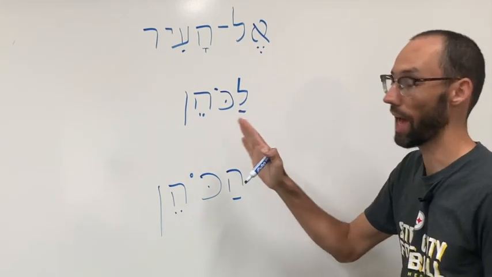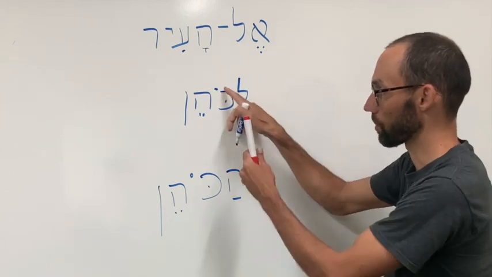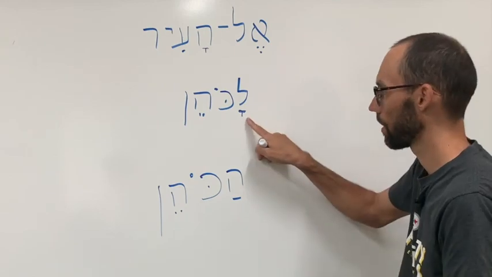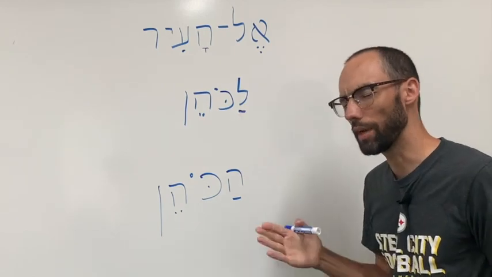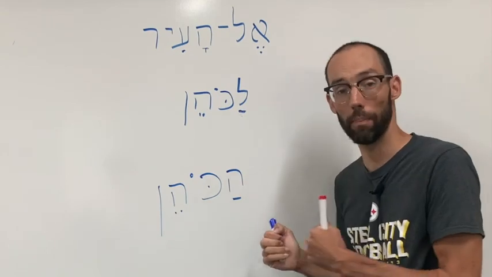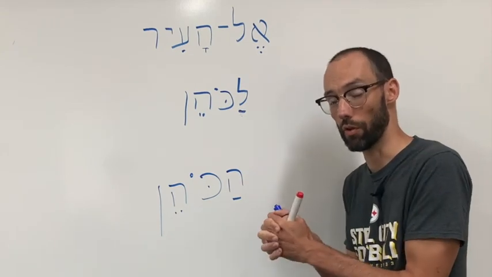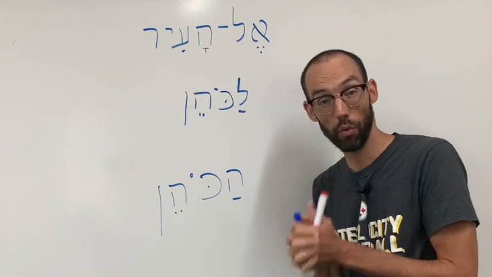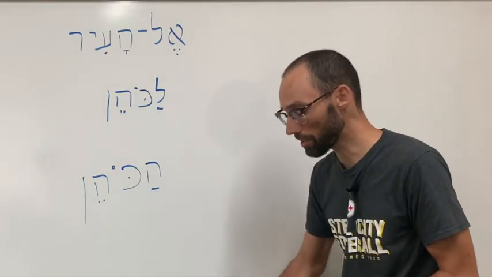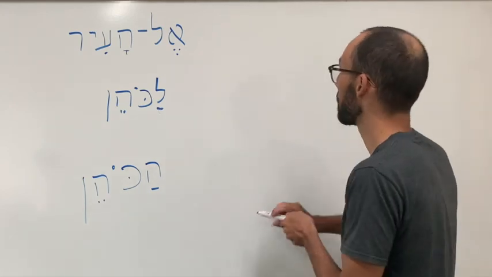And you might notice that, even if this was a guttural letter, it has compensatorily lengthened. But the point I'm trying to make is that hey is a weak letter, and sometimes it will drop out of a word when it's pushed between two others. There's another weak letter, and that is nun. So in our new preposition, which is min, this word,